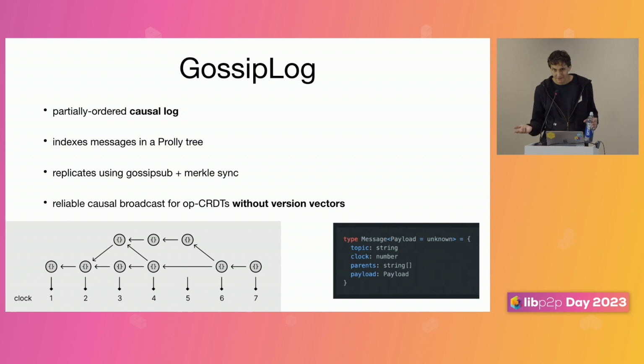Because a totally valid response to the beginning of this would have been to say, Pubsub is what it is. If you want persistence or sync, that's just something else. Okay, well, what is that something else? What's the natural abstraction here? The natural abstraction here is a partially ordered causal log that gives you reliable causal broadcast of events.